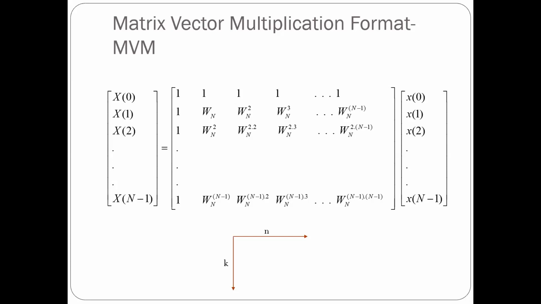Say typically n can be 2 raised to 8. These are typical values. 2 raised to 8 is only 256. 256 samples of speech could take only a few milliseconds. A few milliseconds you will not be able to hear even. So for example, if you have speech of 4 kilohertz maximum frequency, you have to sample at least at 8 kilohertz. Let us say you sample at 10 kilohertz.